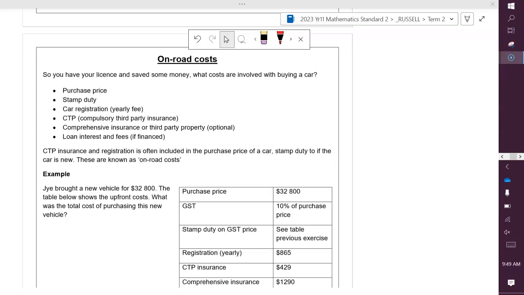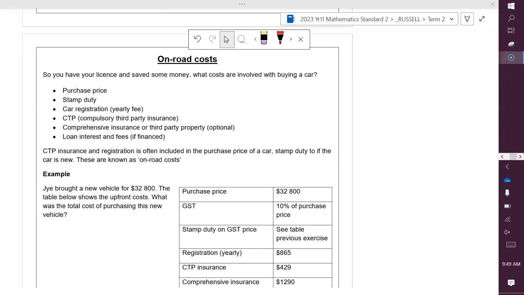In this one, we're looking at our on-road costs. So making sure once you buy a car, do you have everything ready to be able to drive it straight onto the road? So you've got your license, save some money. What are the costs? So the purchase price, a stamp duty, which is what we've spoken about, car registration, which